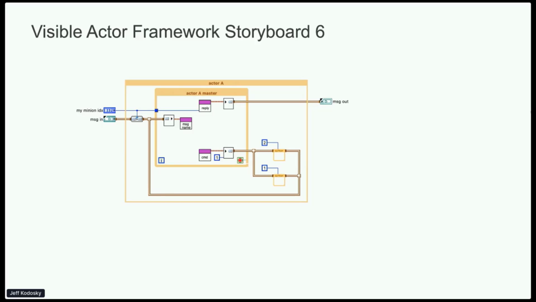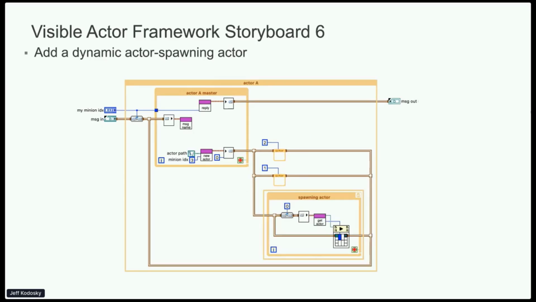Applications that need to dynamically create and connect new actors could pop up to add an actor spawning actor. This is another actor with the same connectivity, but it's capable of spawning additional actors. By convention, the spawner uses channel 0 to receive a spawn message and starts up a new asynchronous actor. The ability to dynamically spawn a new actor makes it possible to create highly dynamic applications that still adhere to